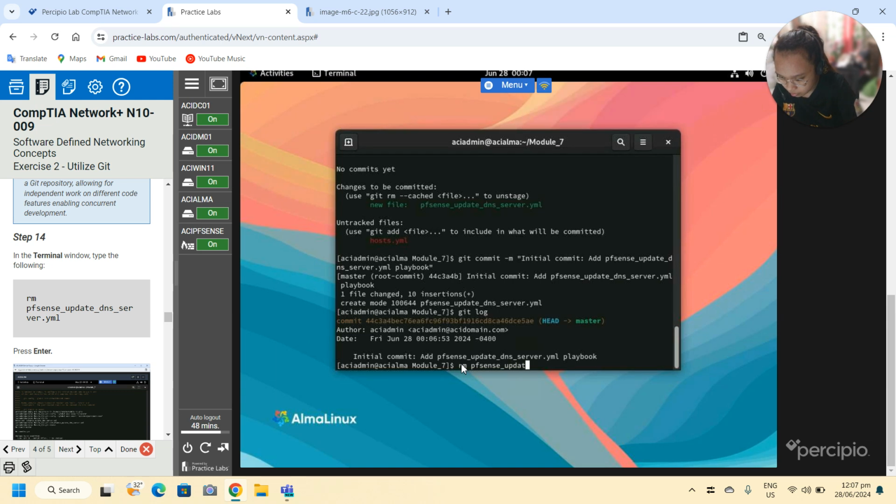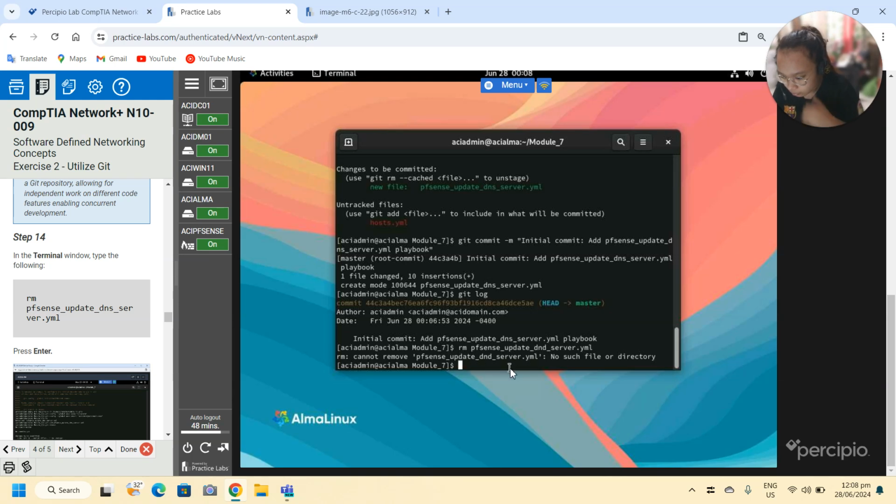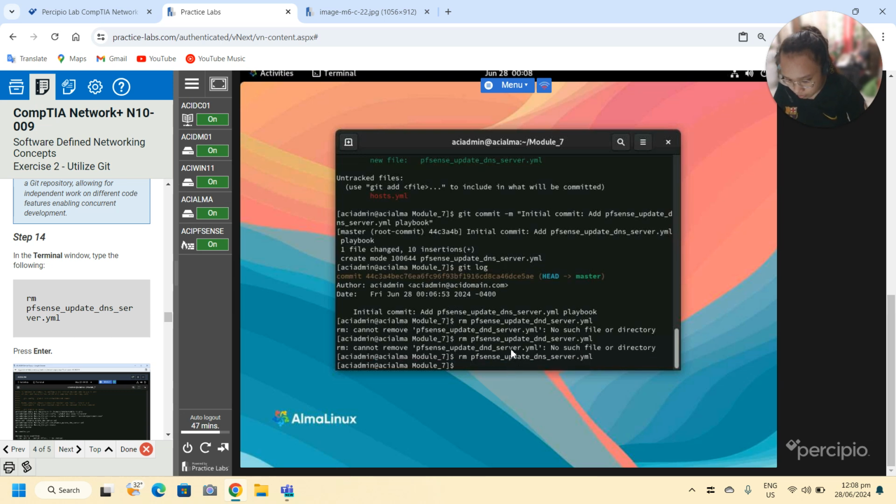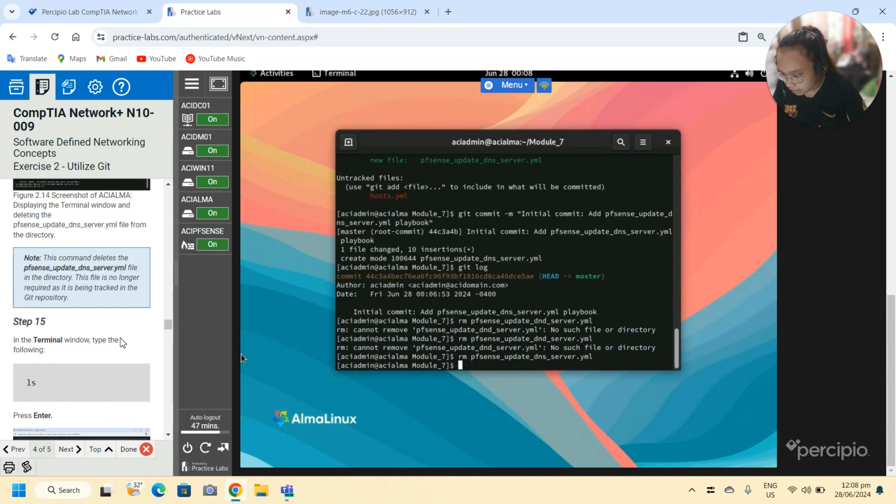So in the terminal window, we have the following: rm -f pfSense update dns server.yml. Okay, again rm. I keep typing DND. Okay, again. Okay. So this command deletes the pfSense update DNS server.yml file in the directory.